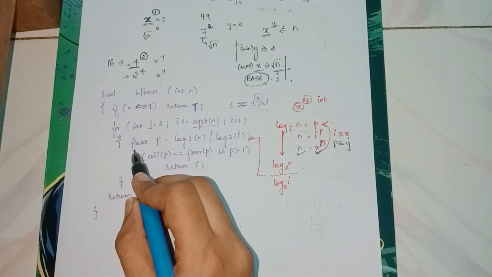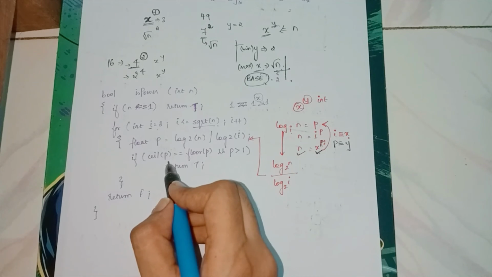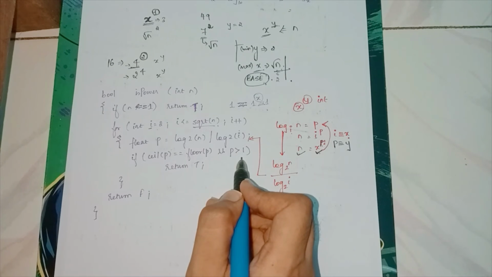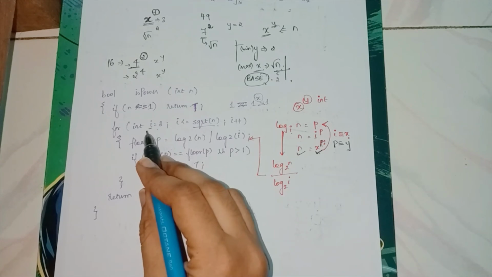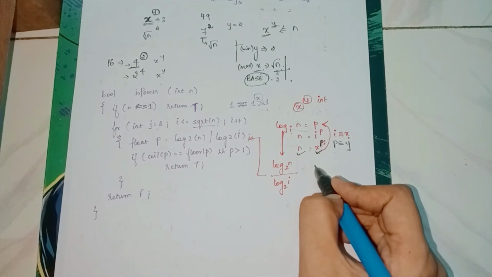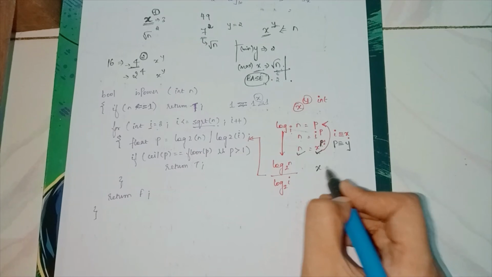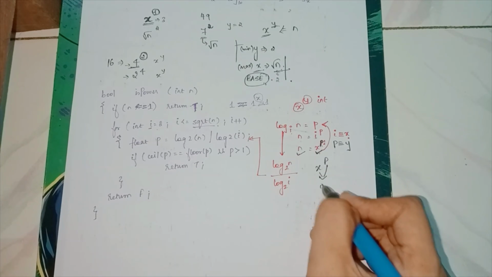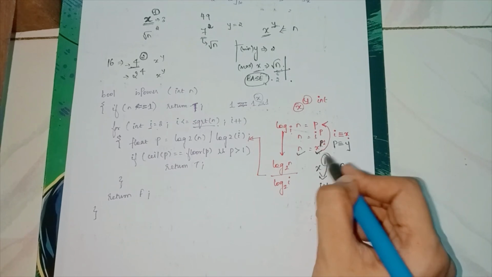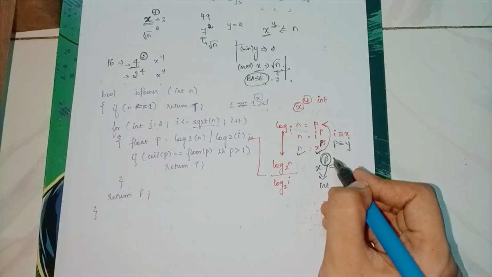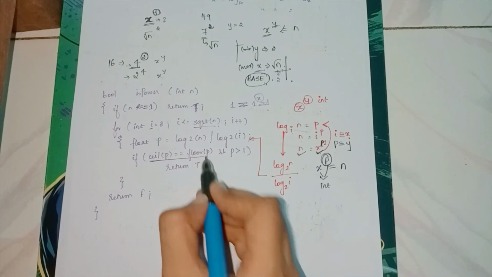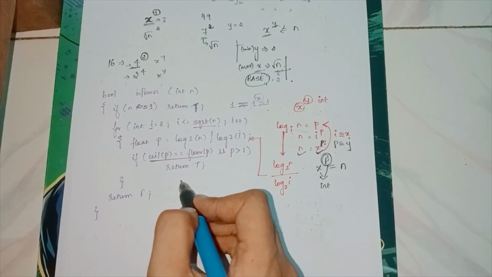and if the float is going to be an integer, how do I check if it's an integer? That is, if the ceiling of the float number and the floor of the float number is the same and is also greater than 1, which means the given number n can be written in the form of x power y. That is, p is a whole number. Okay, I can write it of the form x power p, where x and p are both integers. Because power can't be a fraction, right? A decimal number. So that's what I'm checking in this step. So if that is true, then of course yes, you can write it of the form x power y.